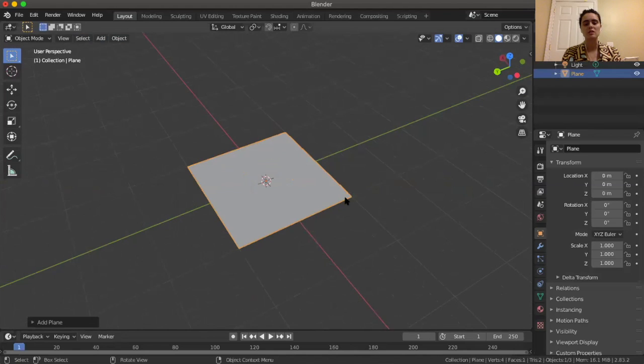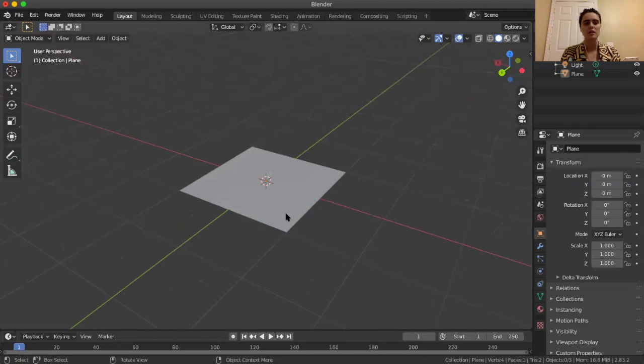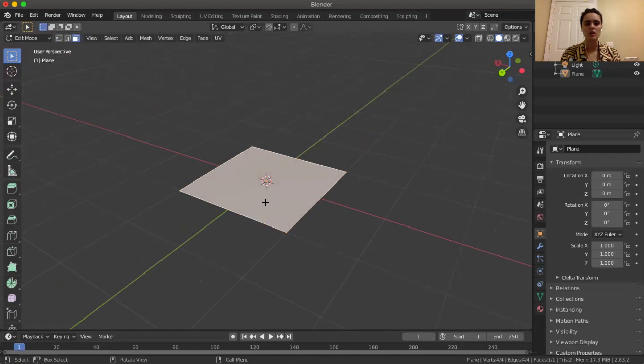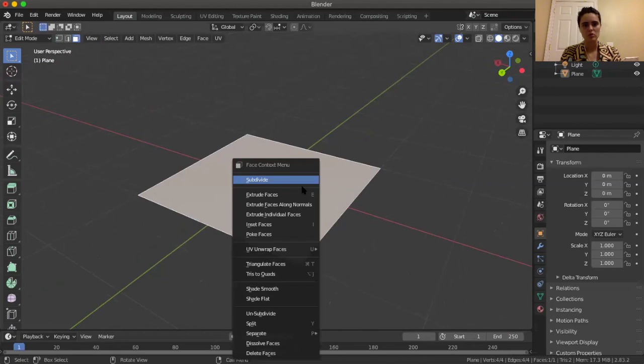And I'm going to teach you guys how to split the face so that you can more easily change it using the edit tool. All right, so I have my plane. I'm going to go to edit mode and I'm going to go to select face. So now I have my face selected. I'm going to left click it